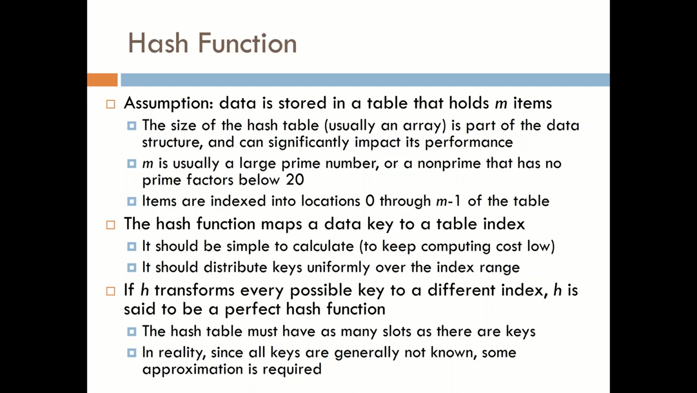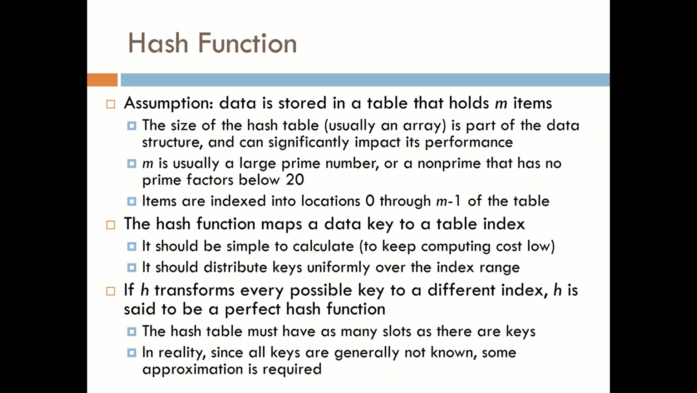In order to be able to store information in the hash table, we need a hash function. So the hash function is what we will use to translate, say, the person's name or some integer or some floating point value into an actual index location in the underlying storage table. So the assumption we'll make here, just to be consistent throughout our examples, is that data is stored in a